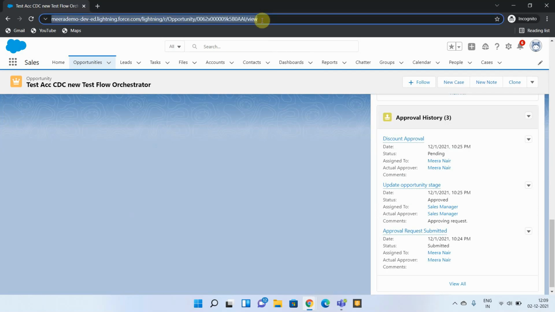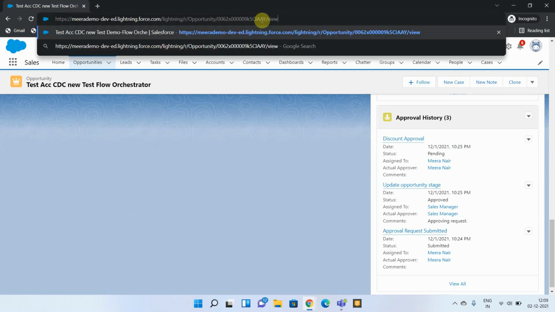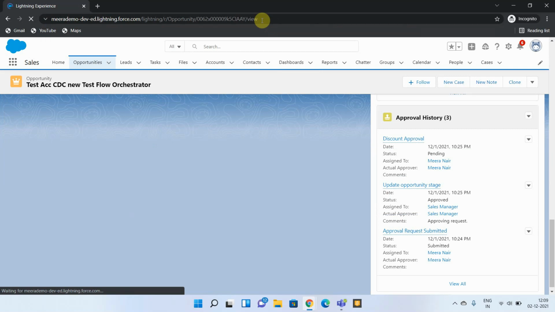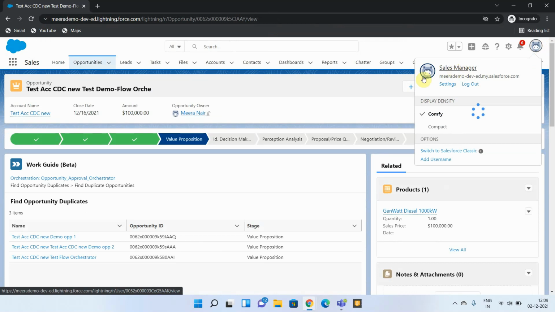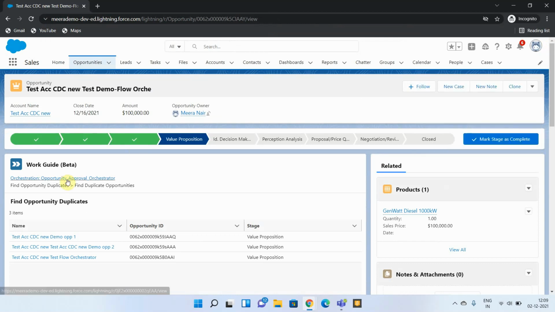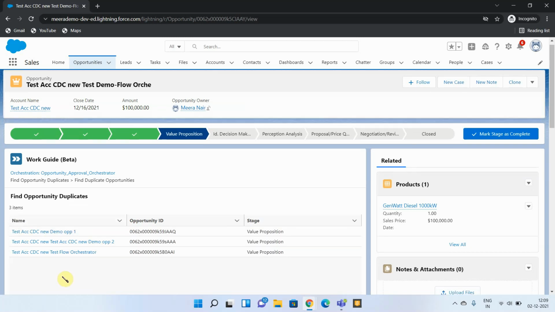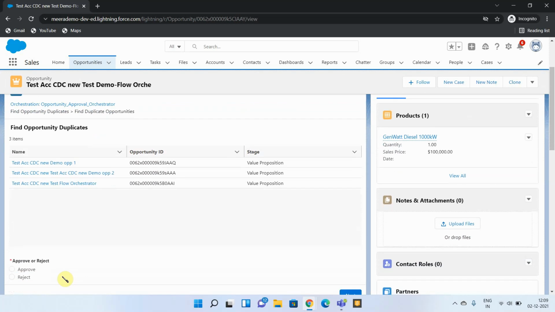In another window, I have logged in as the sales manager user, and let me open the same opportunity. You can see that I have logged in as sales manager already, and if you go to work guide, now you can see all the duplicate opportunities under that account are displayed here, and the user is getting an option to either approve or reject this.